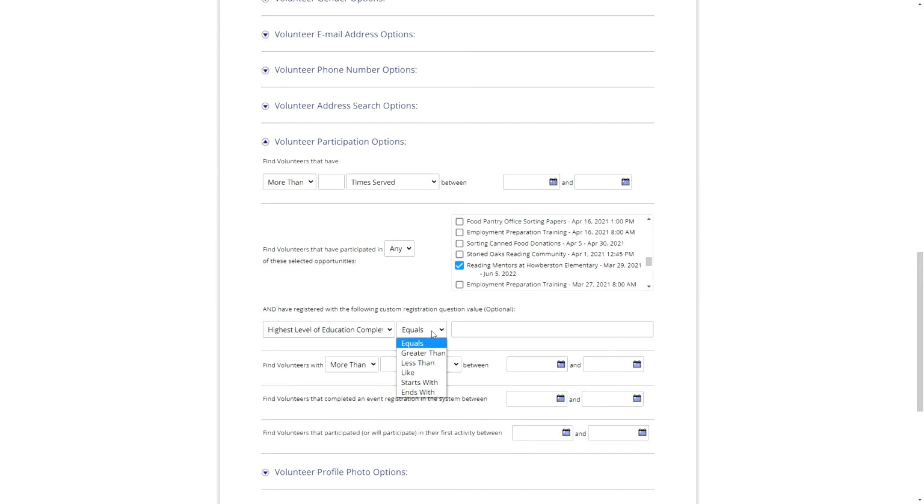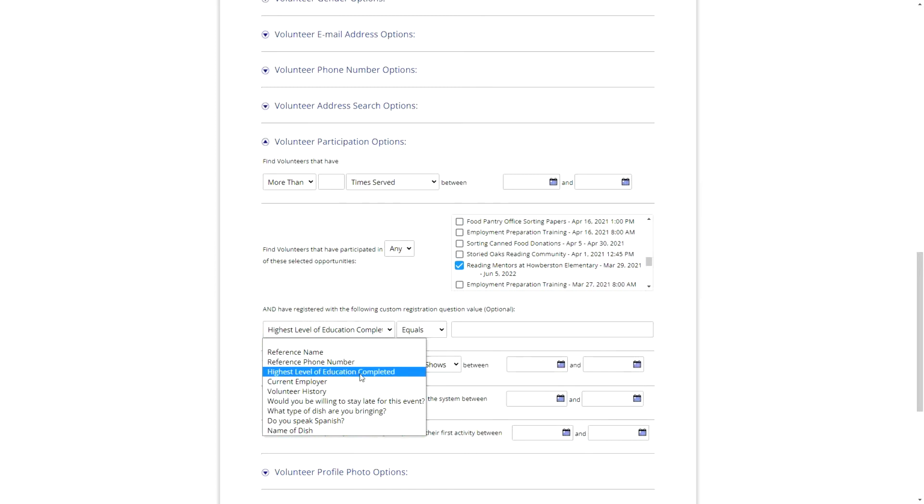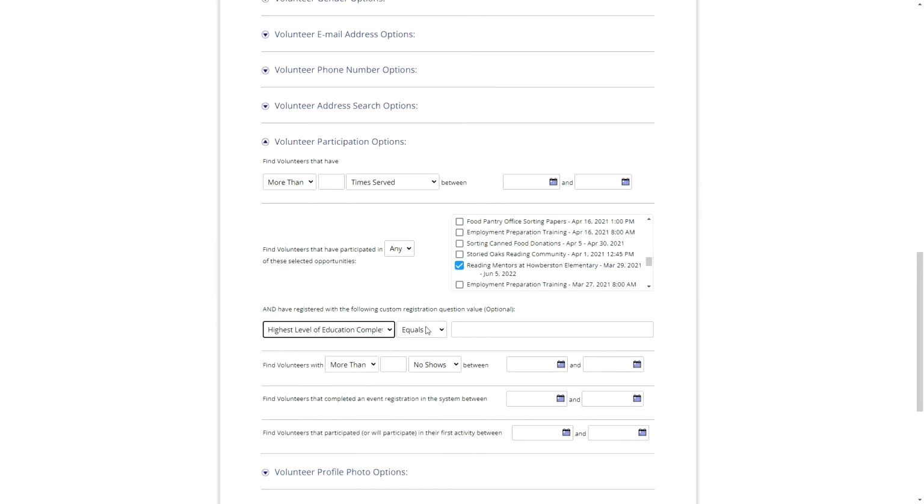And then there are several options in terms of what this data is looking for. In this case, this highest level of education completed is a drop-down menu or a pick list field where volunteers can choose one of the responses, so that selection box value. And in here, I can search for something that is a specific value. So if I wanted to search for bachelor's, I could look for that specifically. Now, I know this is one of the options that's provided in this question,